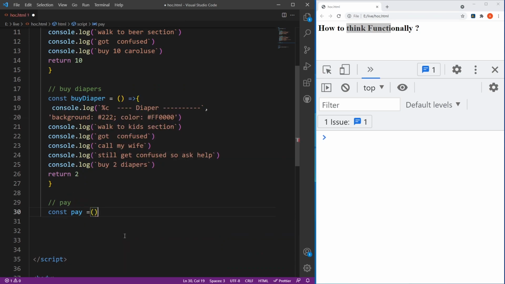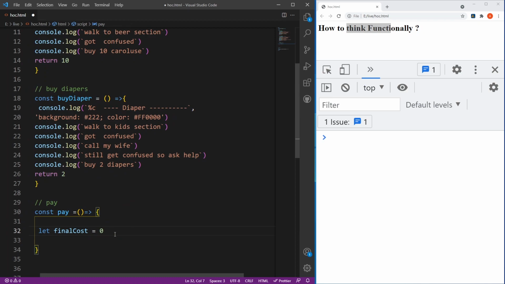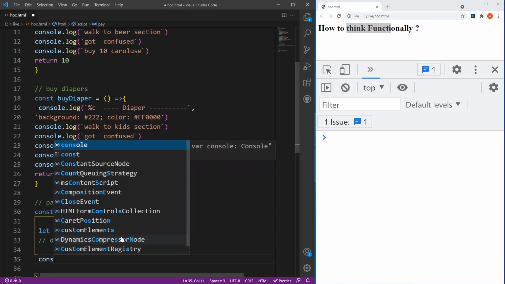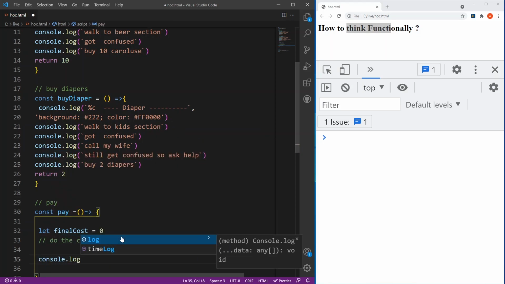It's something I do, right? It's a different verb. It's a different action within the supermarket. What do I do? I should first somehow calculate my final cost. Let's do it zero here for the time being. Do the calculation and then console.log again, and I pay the final amount, which would be, let's call it